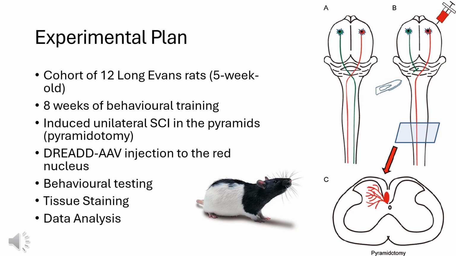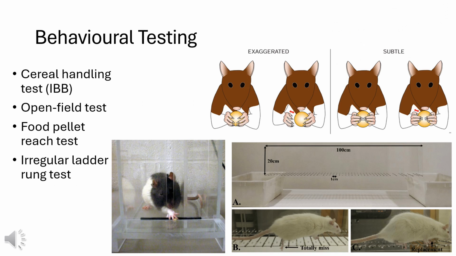For the behavioral testing and training, rats undergo 4 different tasks. First, the serial handling test, which we've previously seen in the background part, evaluates a rat's fine motor control through analysis of the arms, wrists, and digits. Observers qualitatively score the results according to the IBB scale, the metric for measuring serial handling, as shown on the top right image. Second, the open field test shown by the previous paper is also used as it measures gait, distance traveled, and regularity of paw placements to show overall motor control.